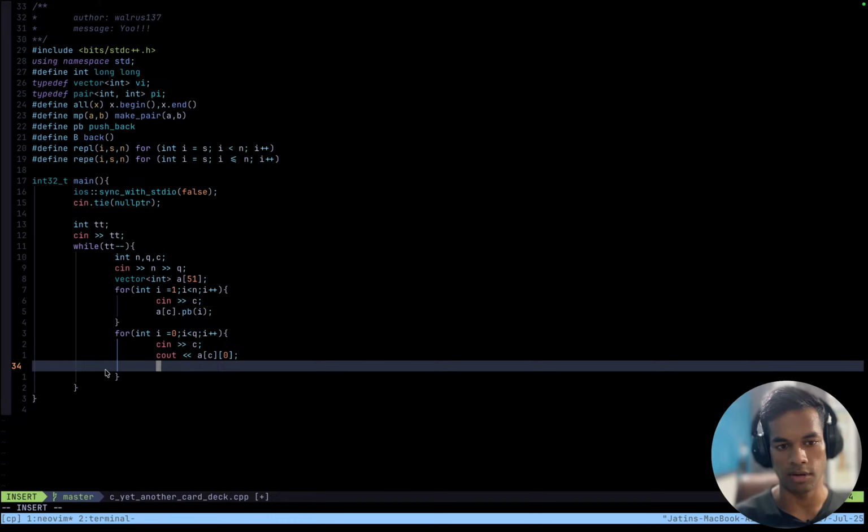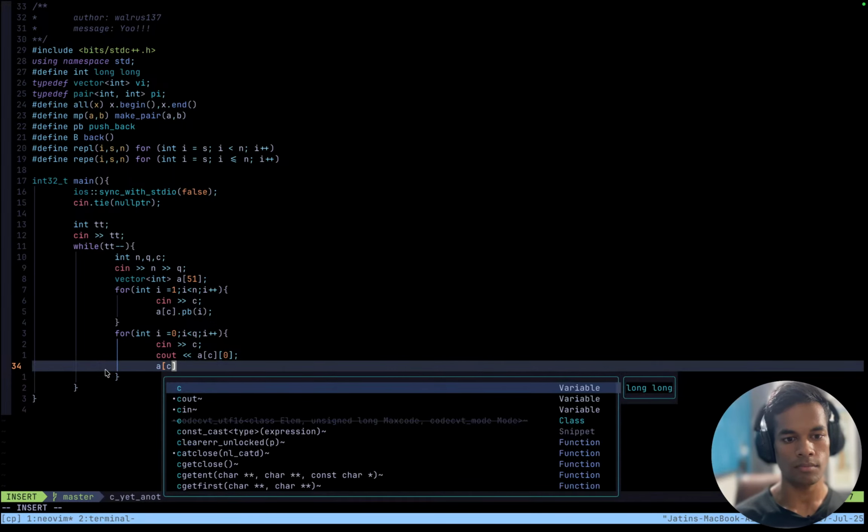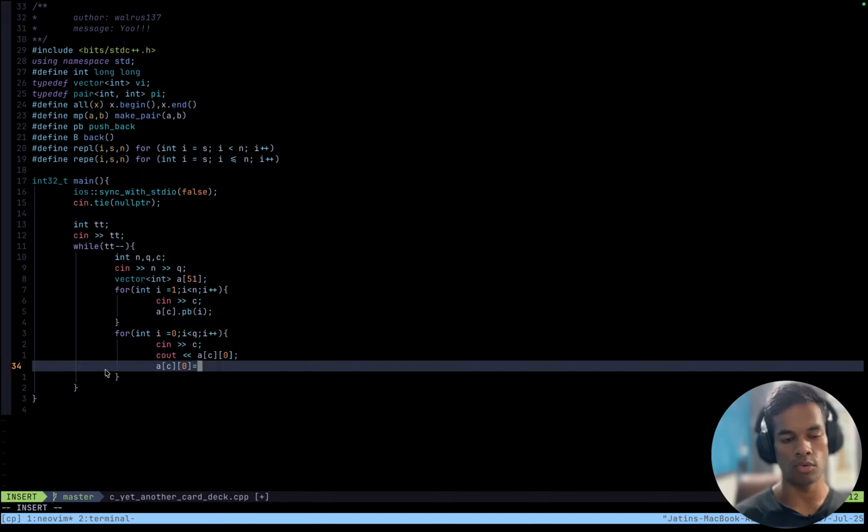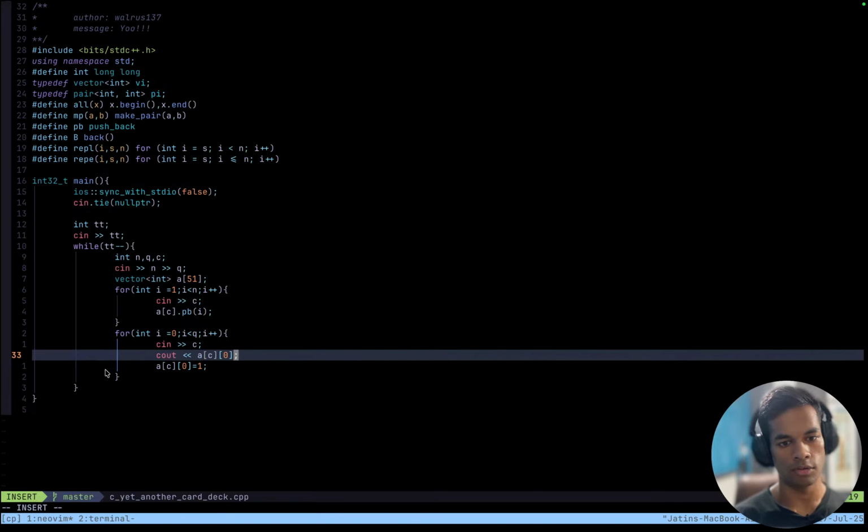Highest element a[c][0], and now to make this the top of the deck, I change its index, a[c][0] equals 1. Right, and not just this, I have to plus i to this thing.